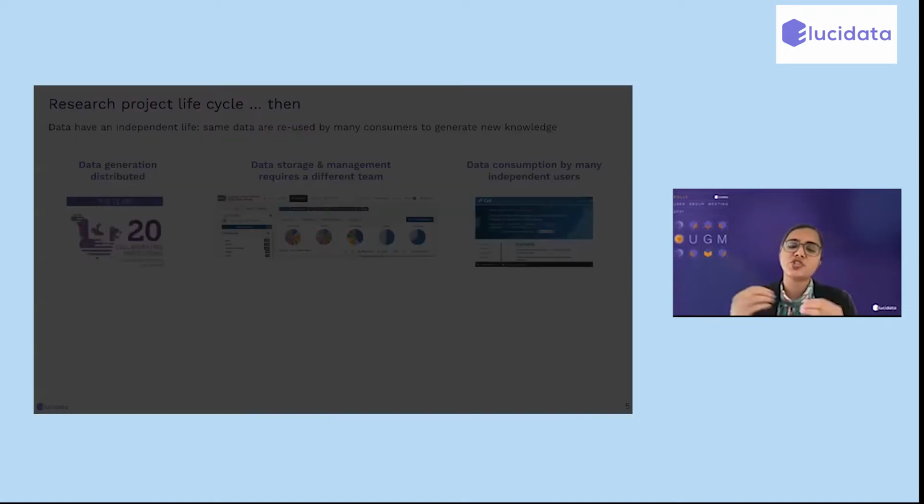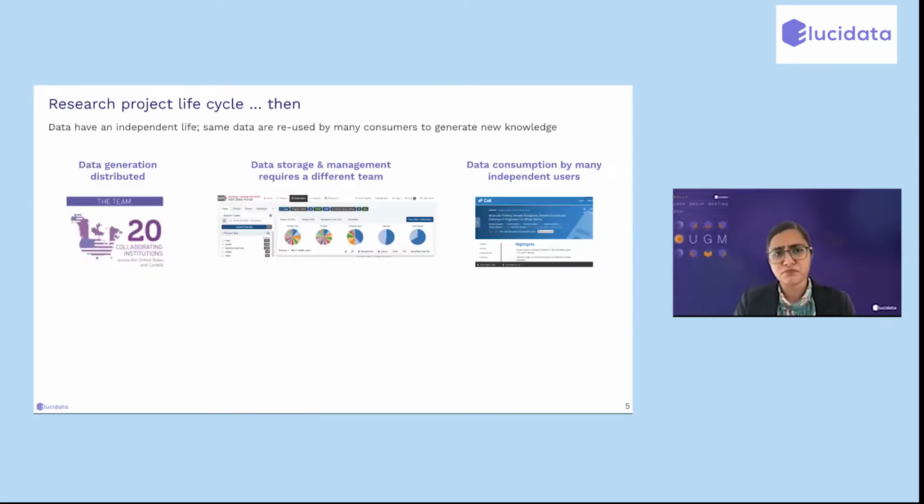But what has really changed in the last 2 to 3 decades is that in research projects, data have taken an independent life of their own. They're no longer just localized in one place, and the same data are often used by many, many different people to generate new knowledge, and in ways that are often not even thought of or intended by the original generators of the data. The example on the screen is from the Cancer Genome Atlas, where data were generated